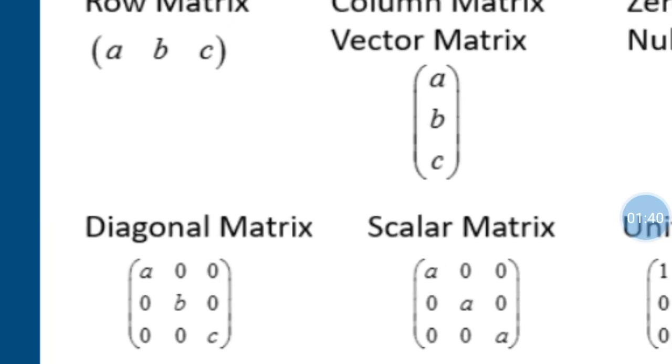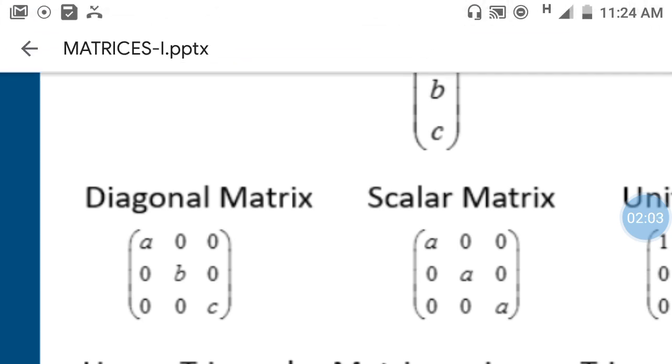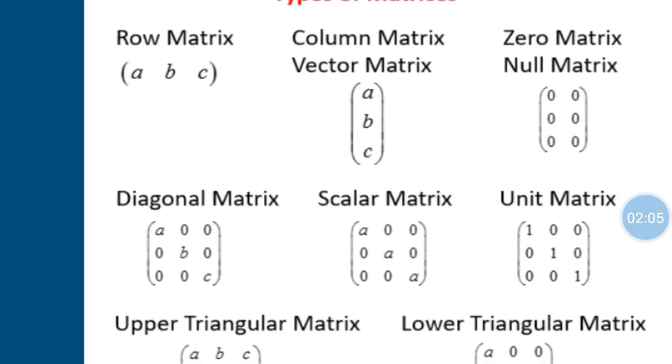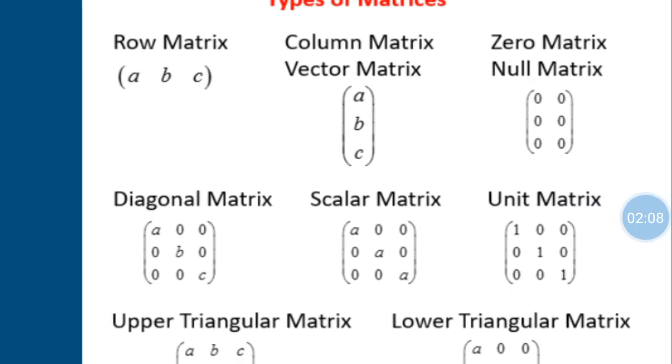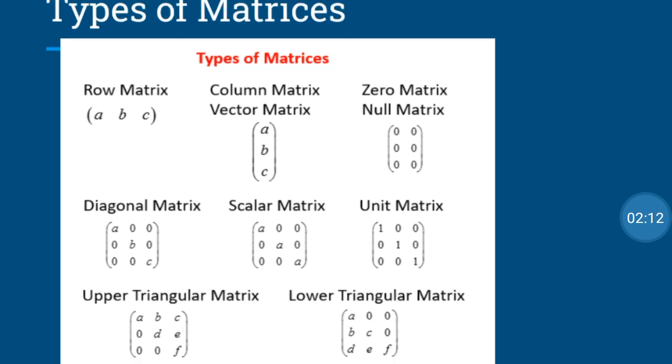Then a matrix in which diagonal elements exist and all the remaining elements are 0, that is, all the non-diagonal elements are 0, and if diagonal elements exist, then it is called a diagonal matrix. A diagonal matrix is called a scalar matrix if the elements in the diagonal are equal, and if all the elements in the diagonal are 1, then it is